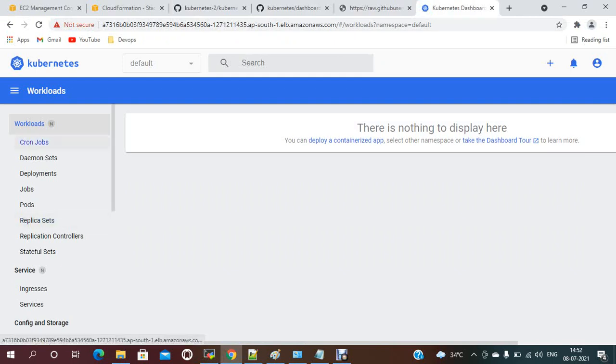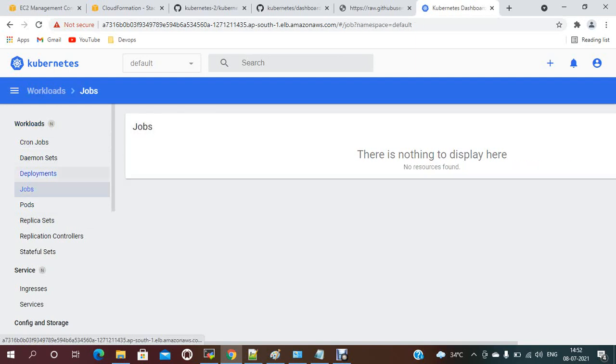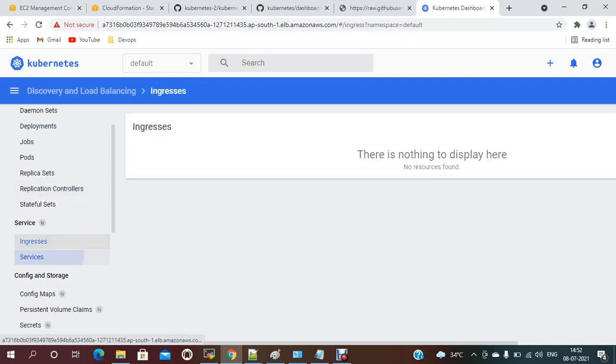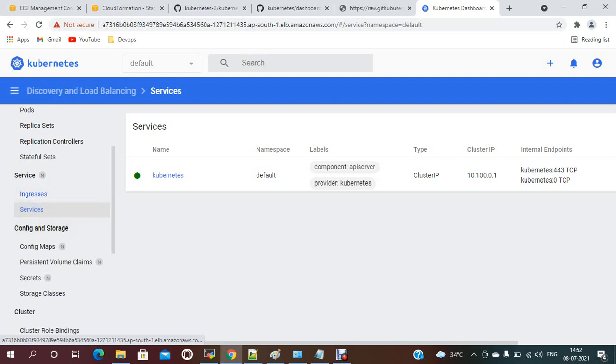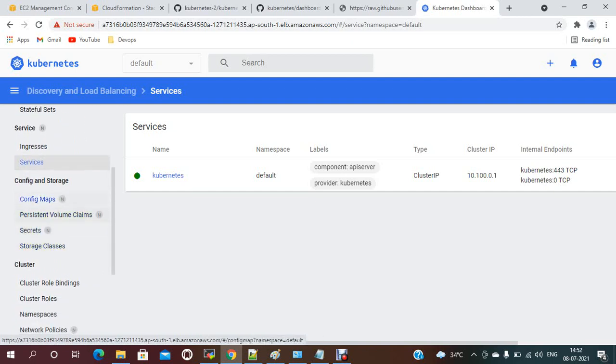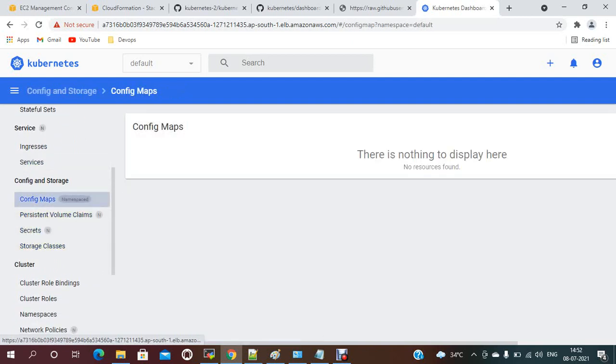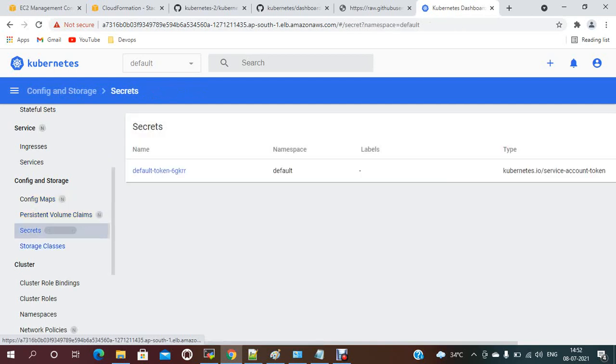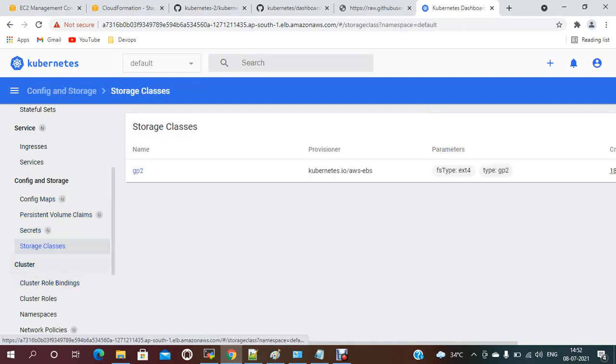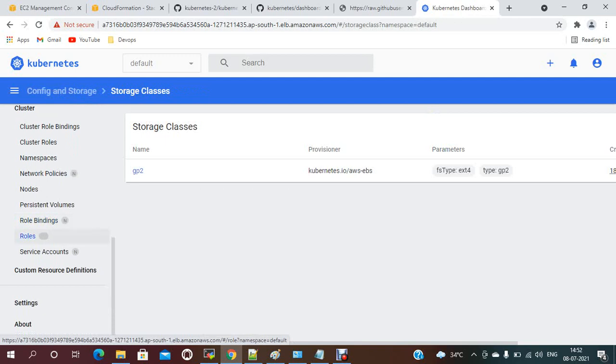So here you can check jobs, deployments, and services, ingress, services. Under services we currently have default services like component API service, and cluster information, kubeconfig, persistent volumes, secrets, storage.